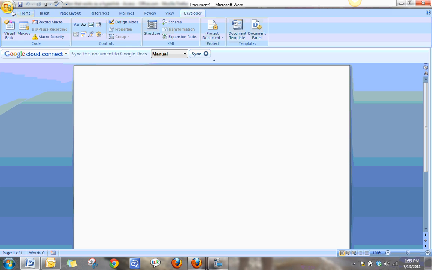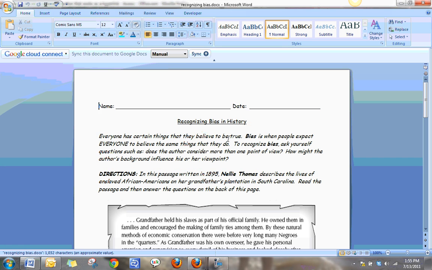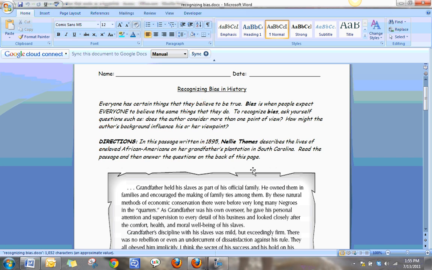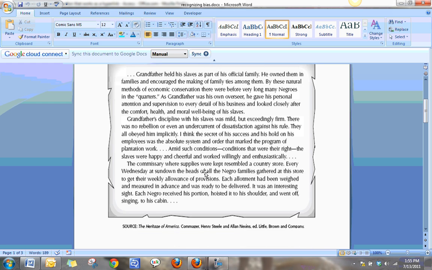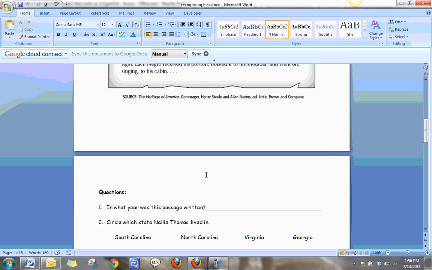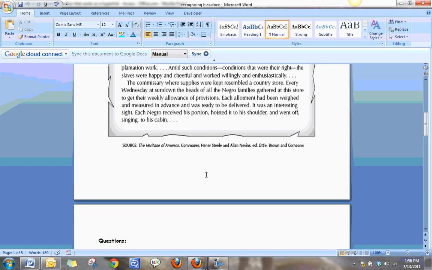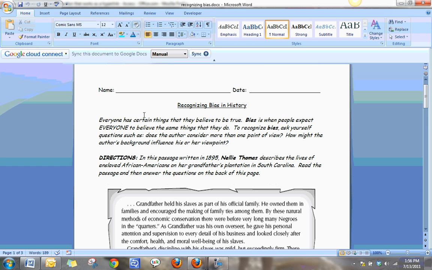Now I'm going to go ahead and use a worksheet that I've already created. This is one that we used for the Civil War on recognizing bias. And you can see there's two parts to it. There's the original source reading here on the first page and questions on the second page. Now, students used to just fill this out as a worksheet,